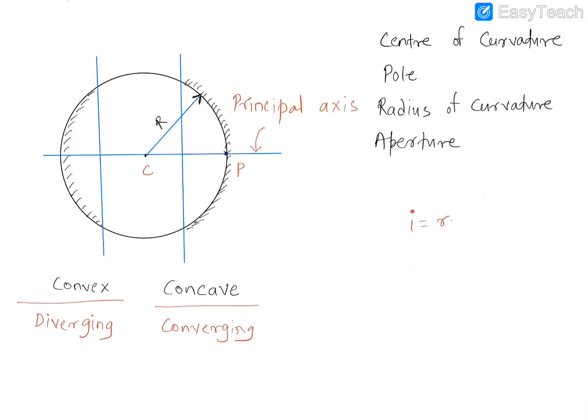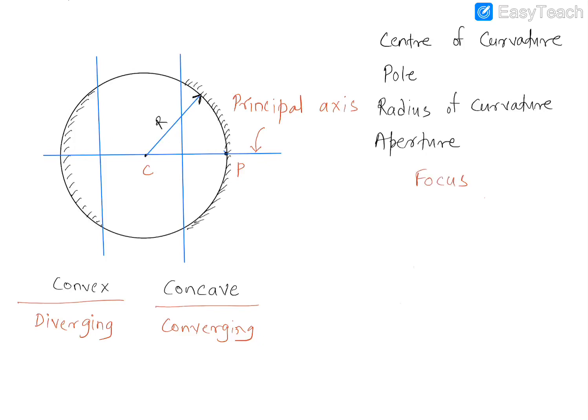Now guys, it was very easy for us to draw the normal in the case of a plane mirror, but here drawing a normal is going to be a little difficult. I'll show you then how to draw the normal. Before that, there are two more terms which we need to discuss, which are also very important. That is the focus and the focal length. So first let's discuss the focus.